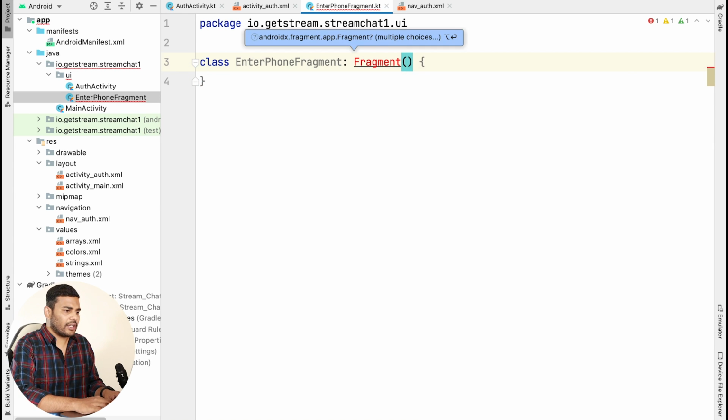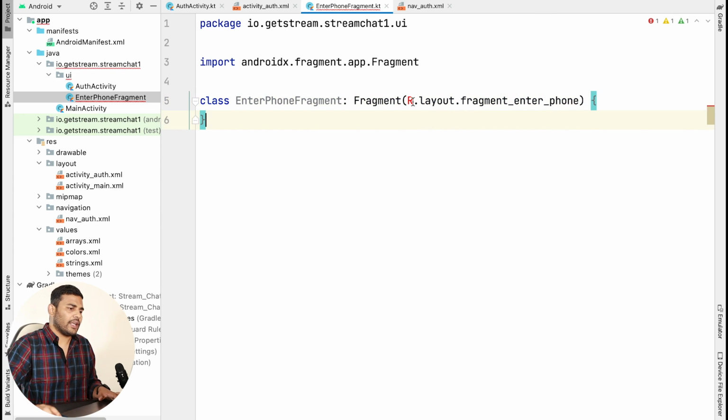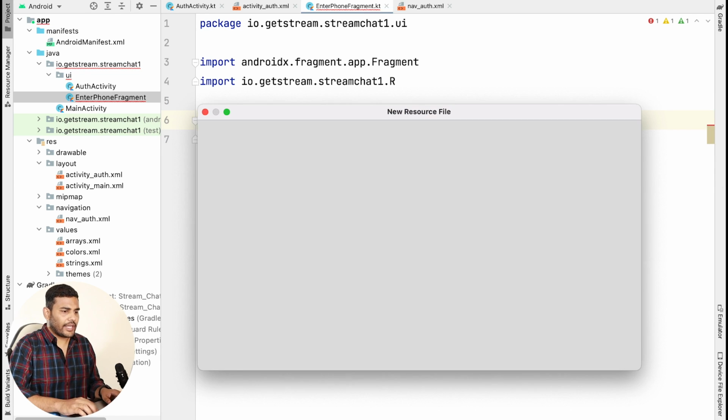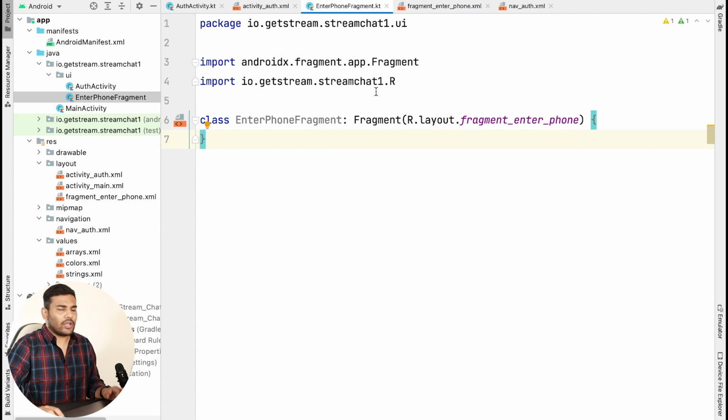I will also create a layout file. So we have R.layout dot, let's say fragment enter phone, like this. And let's also create this layout file, that is fragment enter phone. Now once the user has entered the phone, we will navigate the user to the verify OTP fragment.